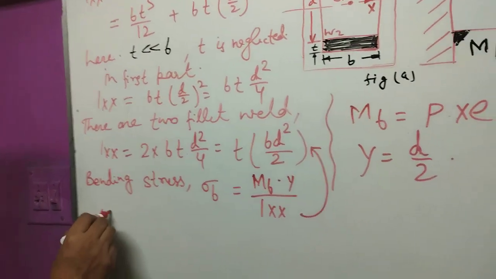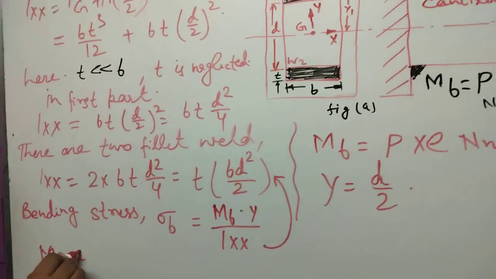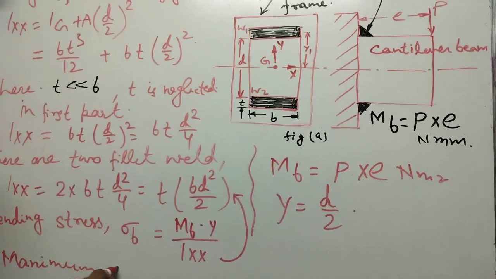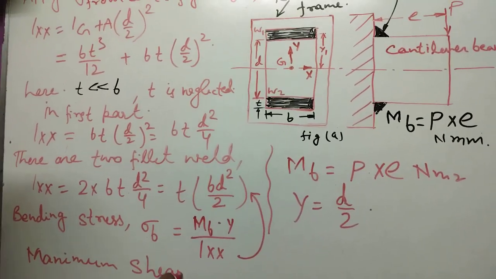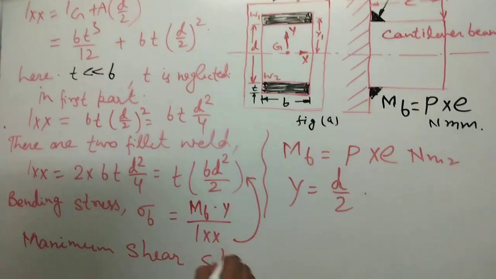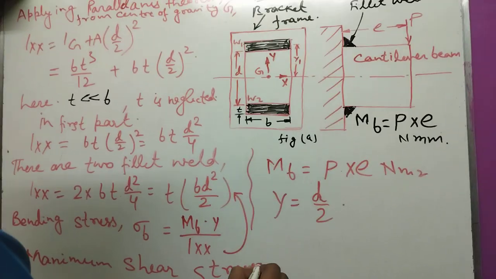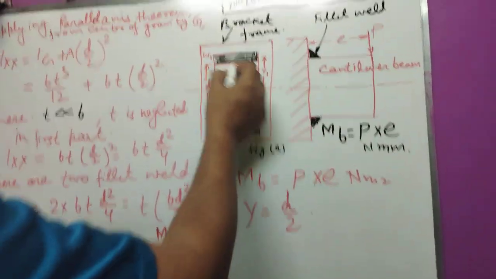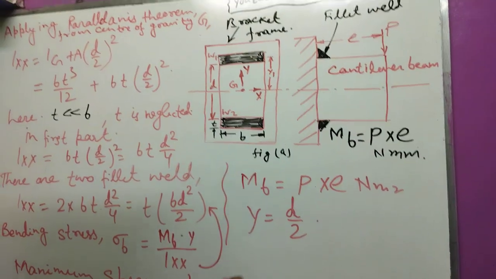Therefore we find the maximum shear stress at the weld joints,